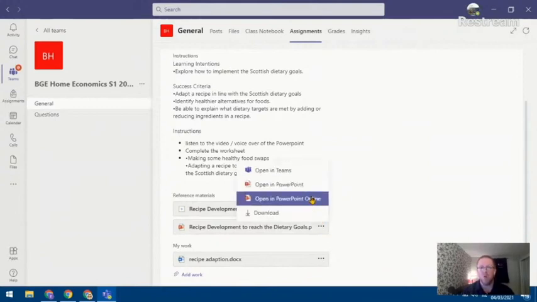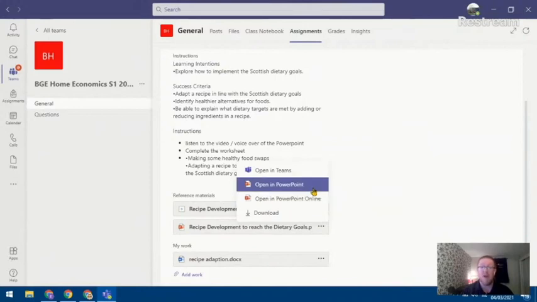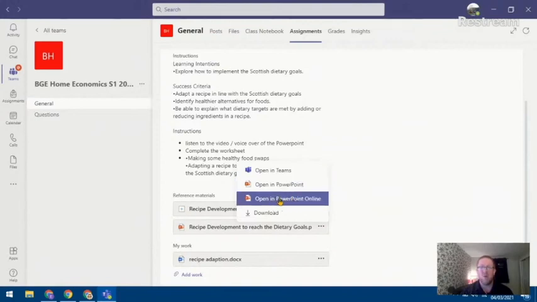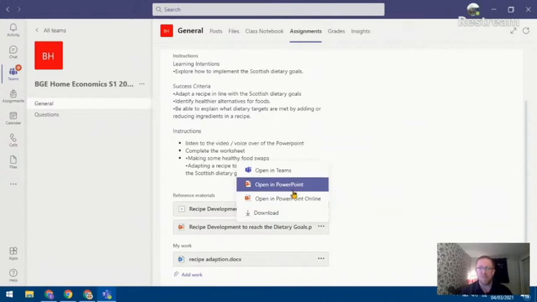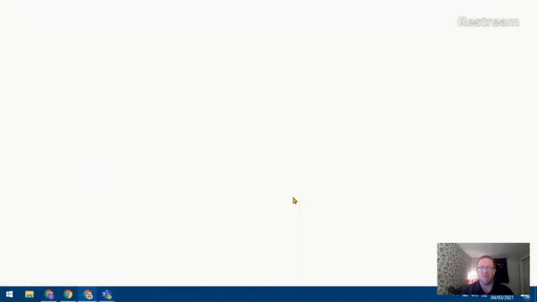If you have downloaded PowerPoint and you're working on a Mac or a PC or a tablet, you can click on the Open in PowerPoint option. If you're using a Midlothian Chromebook, you need to select Open in PowerPoint Online. I'm just going to go in PowerPoint Online for speed,